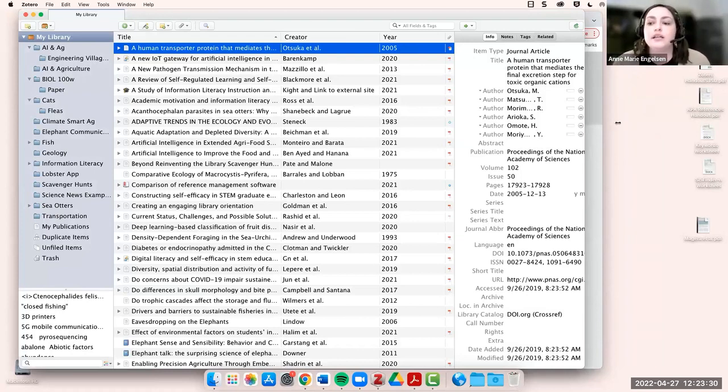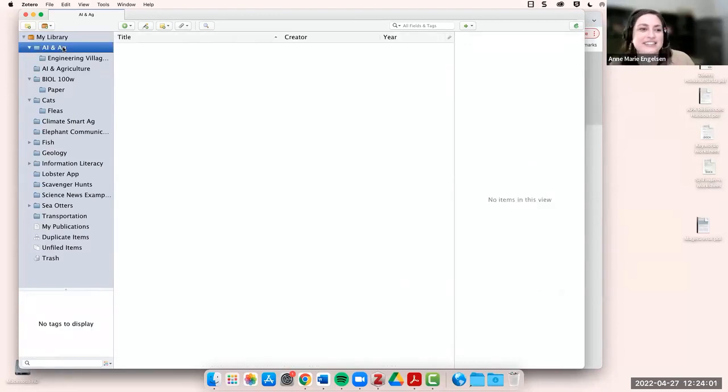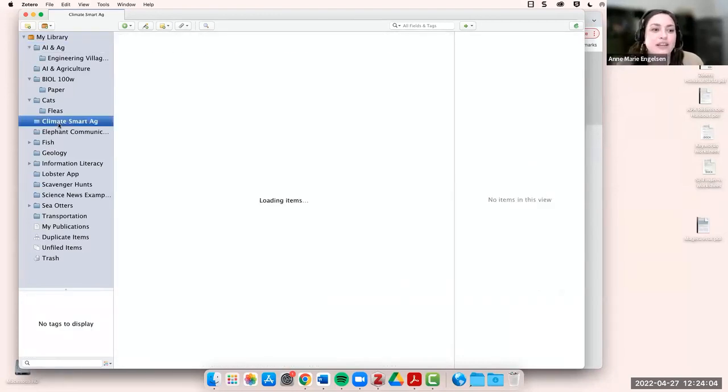Okay, so now we'll talk a little bit about organization of your library and some of the best practices for making sure that you're able to get what you need and have that information. And I'll give you a little tour of Zotero. As I said before, this is my library. I primarily use this one for teaching. I personally have a second one that I use on a different machine for my research, just in case. I don't want that getting messed up when I'm teaching. So I'm very cautious with that one. But all of these folders that I have on the side are a way that you can organize your citations and create